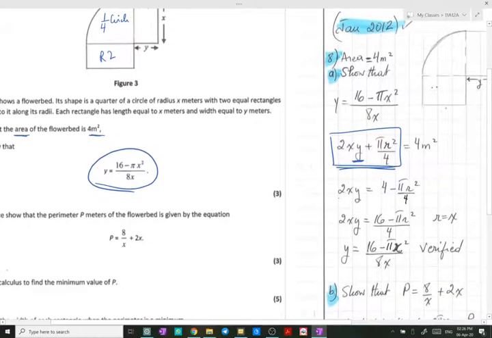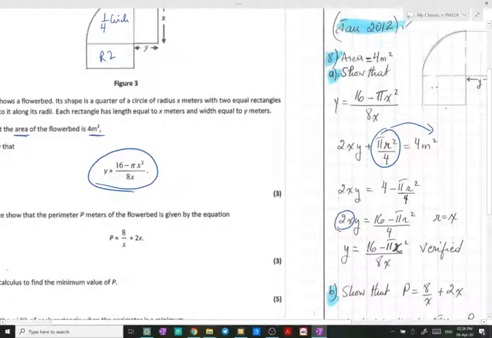Therefore, using algebra, we're going to start first by taking this to the other side. It becomes minus. Then we take the common denominator, so it's 16 minus pi r squared over 4. Then we divide by 2x, and this would be the answer, which is the same as what they want us to reach. Now in part B,